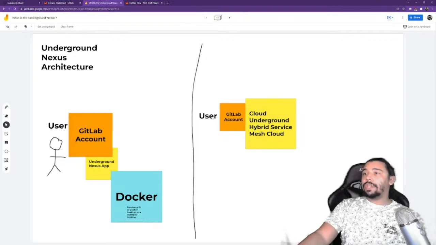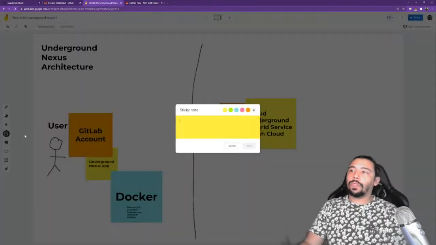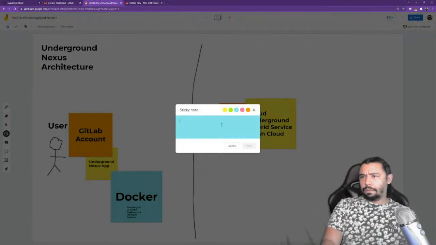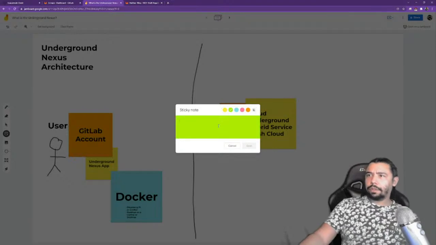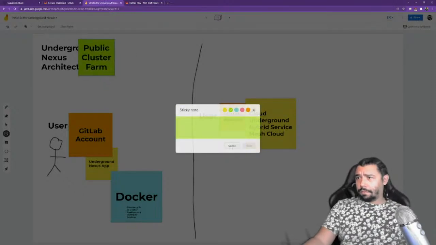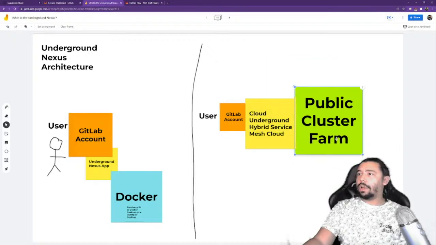So when you're using, say, as a user, your GitLab account, and you're connecting to where the app lives, all of our resources, and you're using maybe Docker Desktop for all of your resources, what's happening on our end is, first, the thing that you connect to is our public cluster farm, which is pretty much what all of our users connect to.